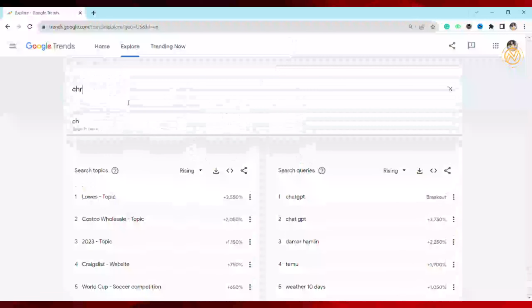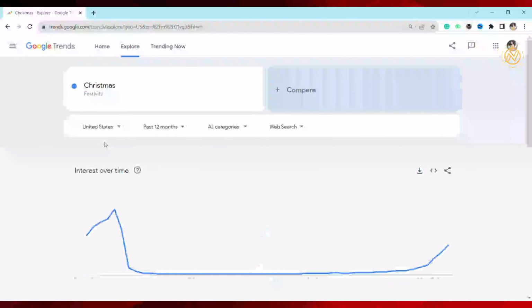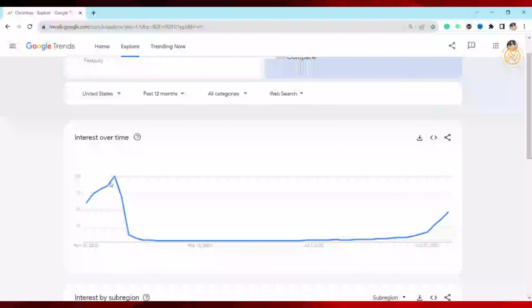So for example, I'm searching for Christmas. Now as you can see, first it has given us this interest over time graph, where you can see that this keyword has a relatively lower trend in the past few months. Of course, because it was not the Christmas months, and the Christmas month is going to be there in a few days. As you can see at the end of this graph, it is showing us an upward trend. This means that this keyword is going to be trending in the coming days or weeks, obviously because Christmas is